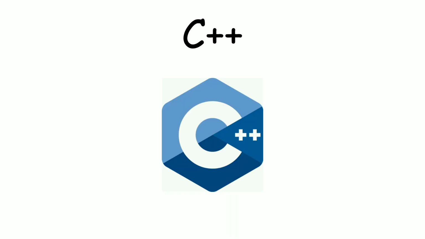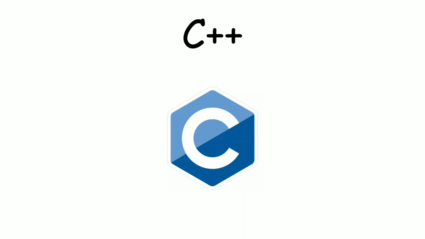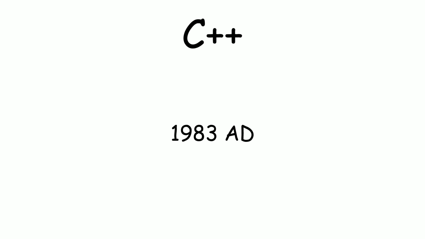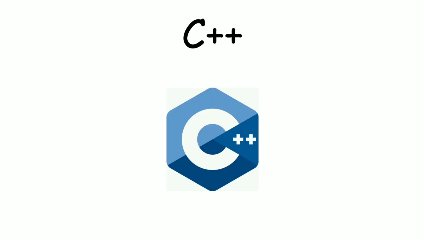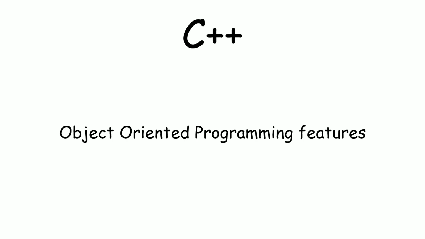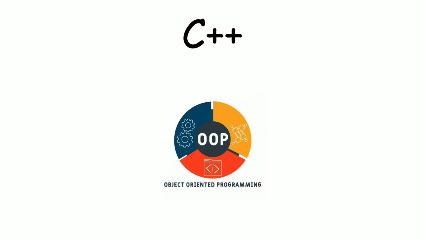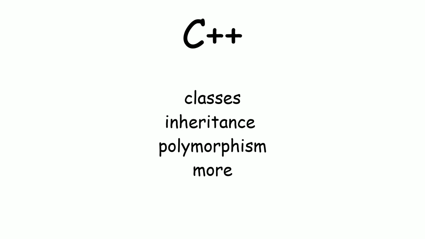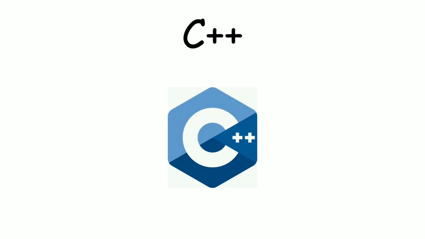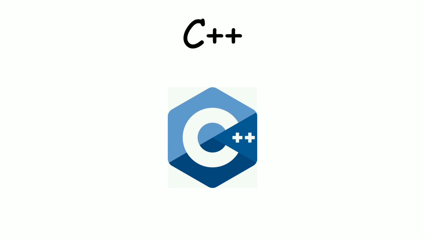C++ was created by Bjarne Stroustrup in 1979 AD as an extension for the C language, and in 1983, C++ was released as a programming language. At that time, C language lacked object-oriented programming features. This extension provided C language with object-oriented programming features that included classes, inheritance, and polymorphism, and more. At the early stage of C++, C++ was named C with classes. Later, in 1983 AD, C with classes was renamed C++ by Rick Mesquite.